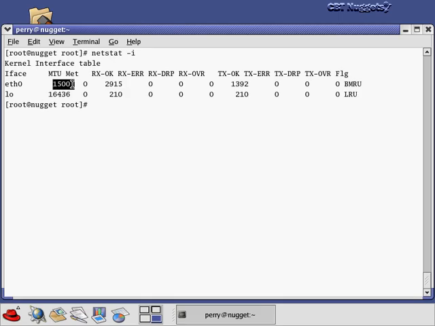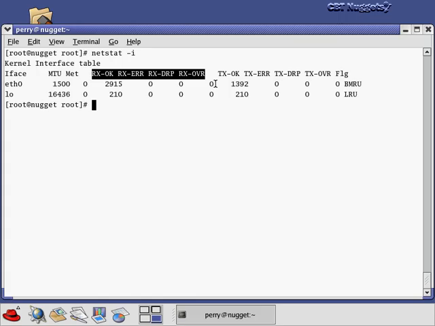Under MTU, that has to do with the maximum transmission unit, or the size of the packet. Then we've got RX-OK, RX-ERR, RX-DRP, and RX-OVR. These all have to do with received packets. This is the number of packets we received successfully. This is the number that had errors on incoming packets. This is the number of incoming packets that were dropped, and this is the number of incoming packets that overran